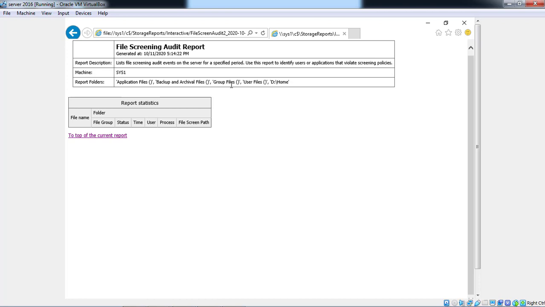Right now we have not performed any major activity, so it is not describing anything. Otherwise, whatever activity you perform in file screening will be recorded automatically.